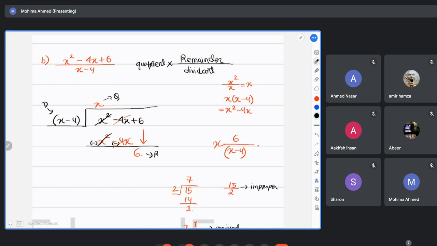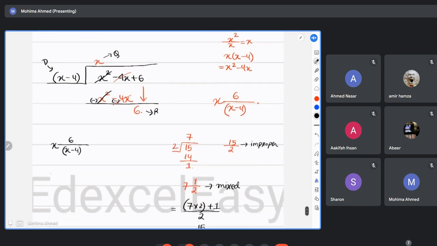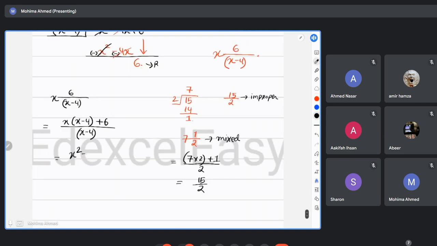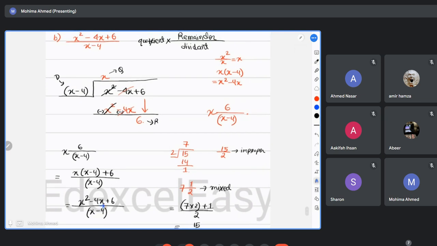Now from this part again, if I start with my working, I have x, 6, x minus 4, right? My format was that I have to multiply by x minus 4. The format was dividend multiplied with quotient, added with remainder, plus remainder divided by x minus 4. So now we get x squared minus 4x plus 6 divided by x minus 4. As we can see, we do get back to the original equation. Is this clear now? How would you write this kind of polynomial, which cannot go entirely back to 0, in this fraction format?